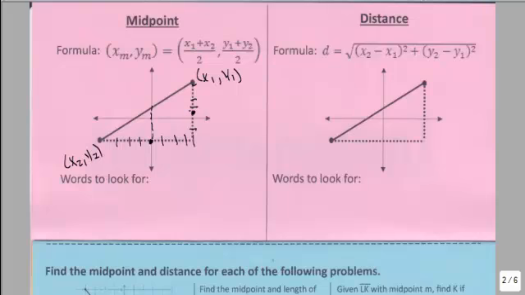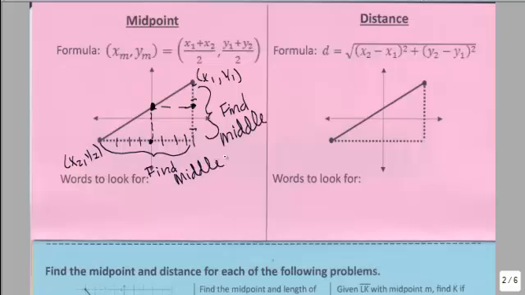But it's not really there, of course, because I drew fake lines. My midpoint is actually about right here. And then that would be your midpoint, as long as you find the middle of this. Find the middle. And actually, you only really need to find one if you're given a graph. If you are not given a graph, then you're going to need to use the formula. Words to look for that mean midpoint are center, middle,